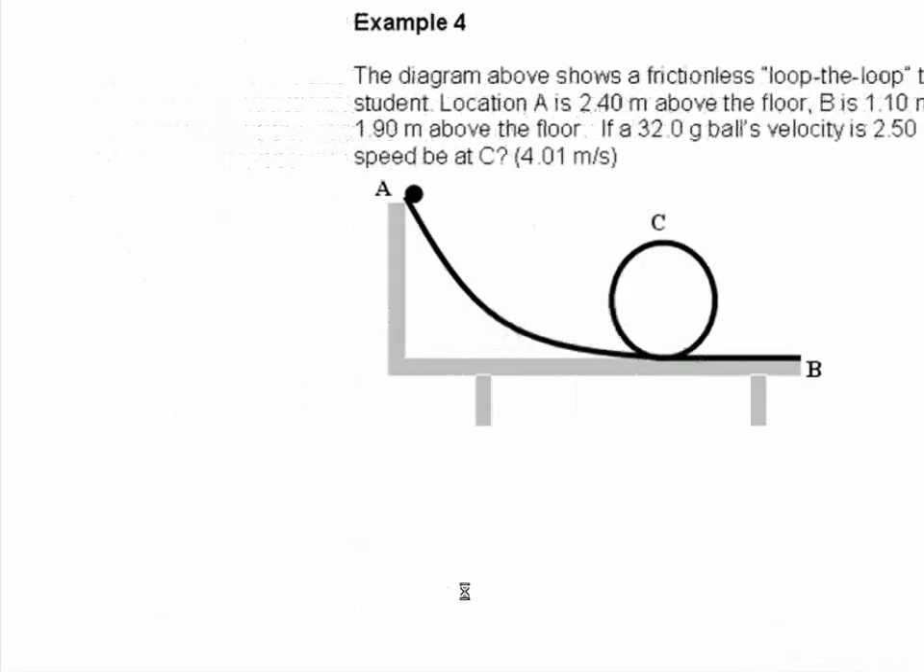So we're going to go 32 times 10 to the 3 kilograms times 9.81 newtons per kilogram times the height at A was 2.40 meters. We're going to add 1/2 times 32 times 10 to the negative 3 kilograms